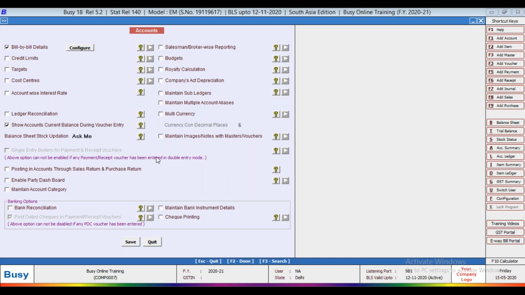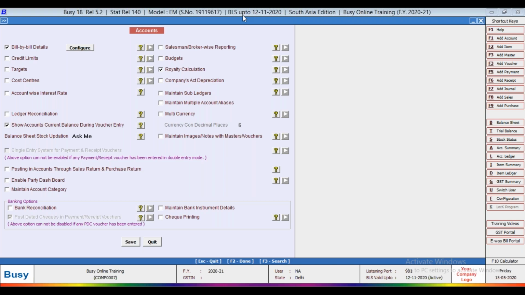Now the next point is royalty calculation. Royalty is basically the amount paid to an author or any other such person on sale of books, articles, and so on.